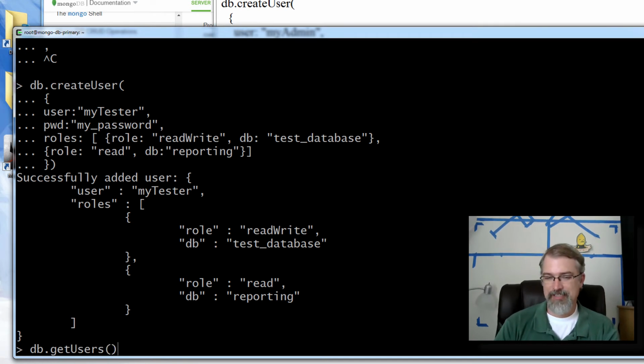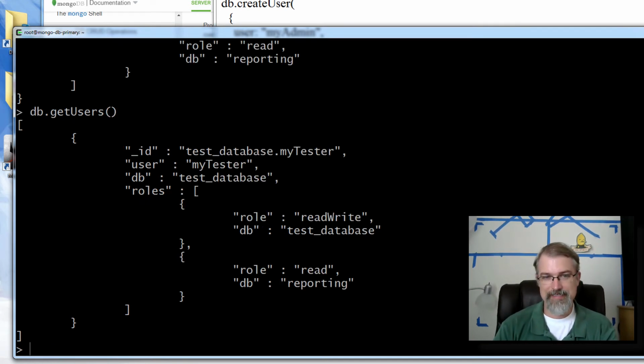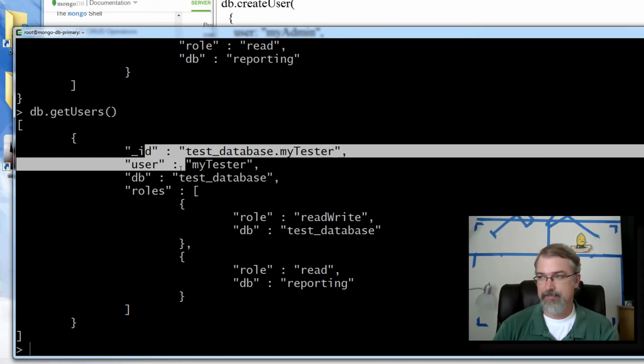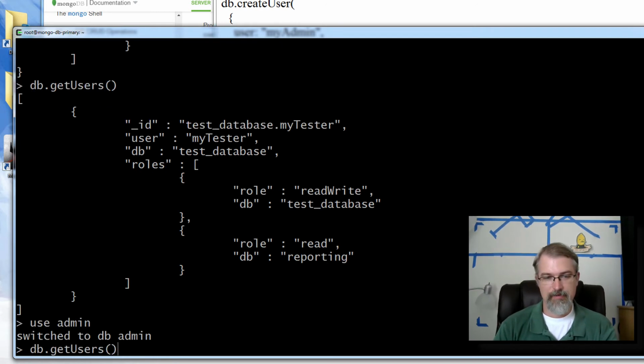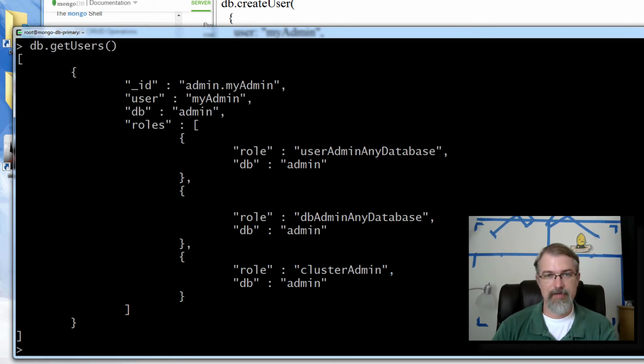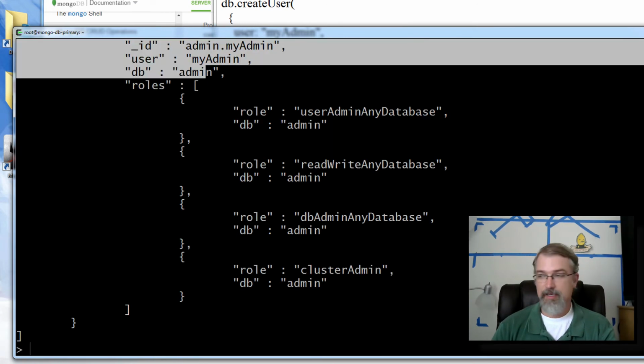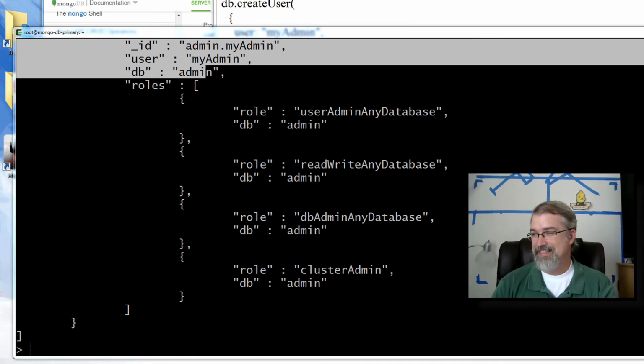But now I'm actually in this one database, so I only get the users for this database. Even though the super admin user can get to this database, it's not going to list him. So I can switch over to admin, not use admin, and run the same thing. I can see there's my admin user, and there are their roles. Okay, so now that all that is set up, if I quit,